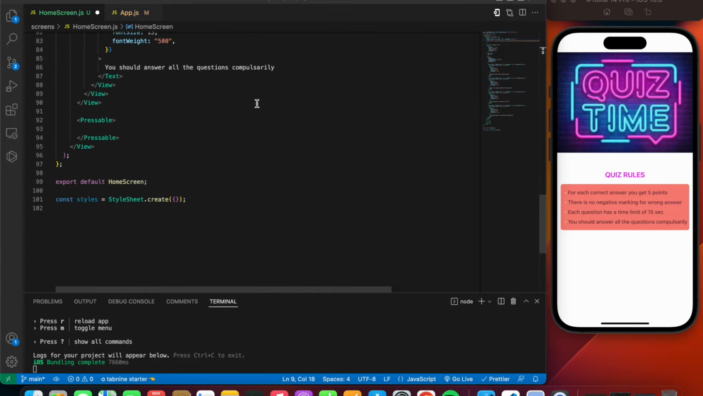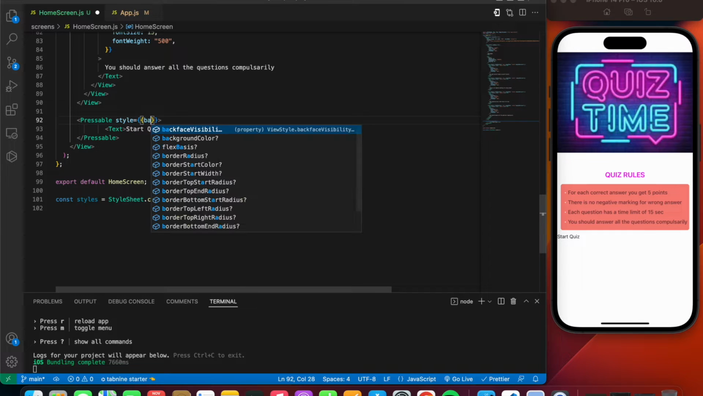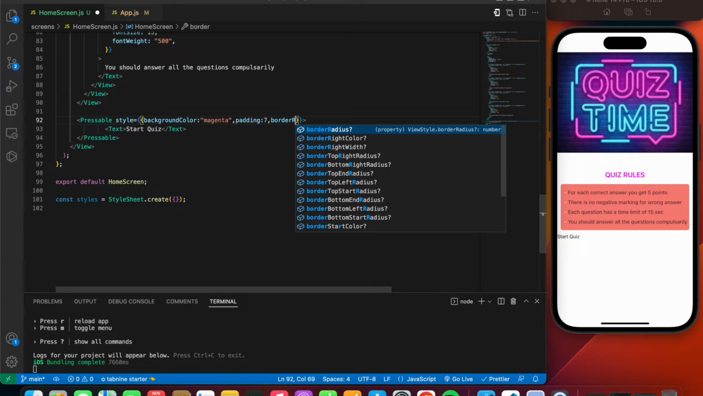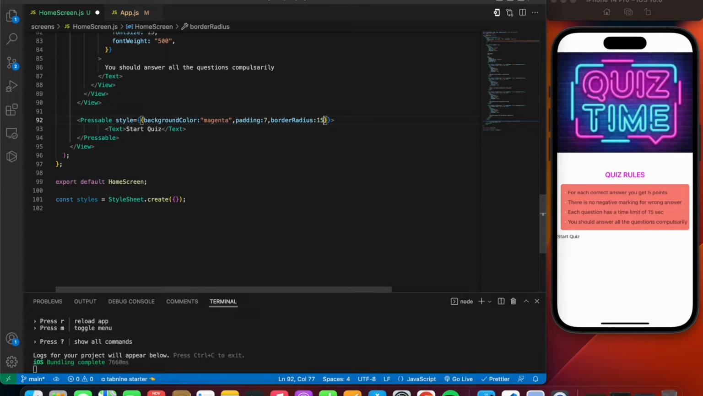Okay, so next we have the text inside the pressable, so it's going to say start quiz. Save the file. Okay, so for the pressable, let's give the style. So the background color is going to be magenta, a bit of internal padding, that is 8 or 7, and we also have a border radius. Let's keep it to 15, and then let's give a